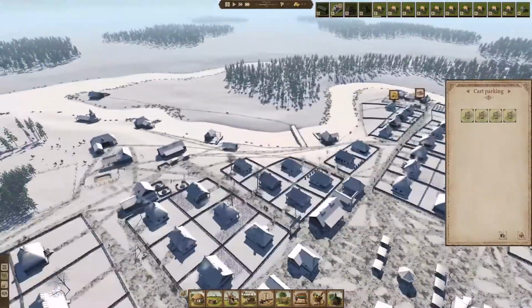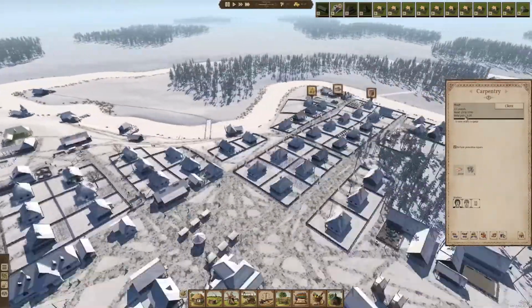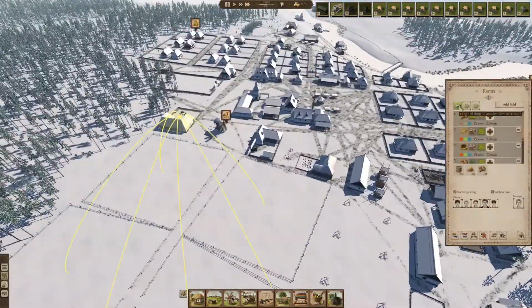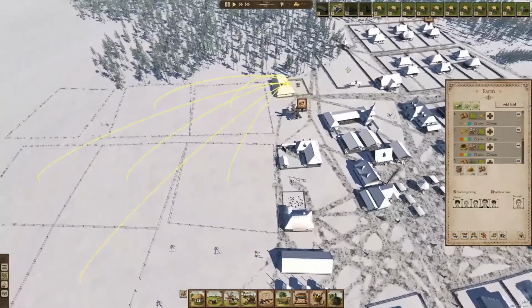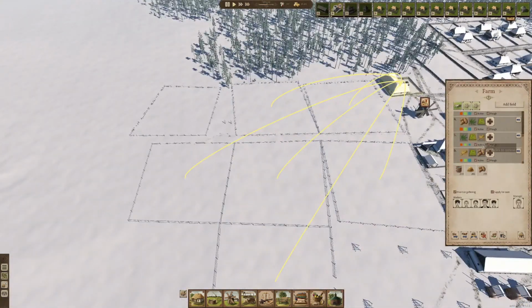Order some new carts there. How's the carpenter doing? He's still doing the ploughs and he needs metal parts. And we have got a plough. Okay, I need to actually start